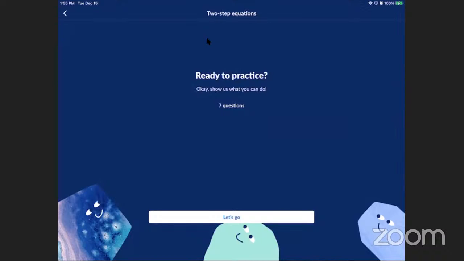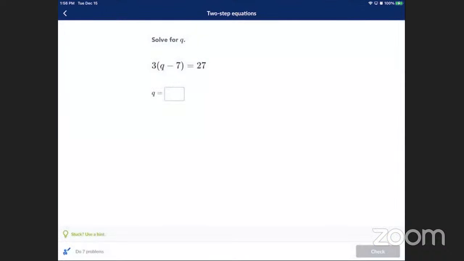I'm using two-step equations at the work I'm actually going to be working on today. The idea of a two-step equation is when you have an algebraic equation that takes two steps to solve. Mainly, one side of the equation will have, for example, this one has 3q minus 7. So we would have to first get this expression into something